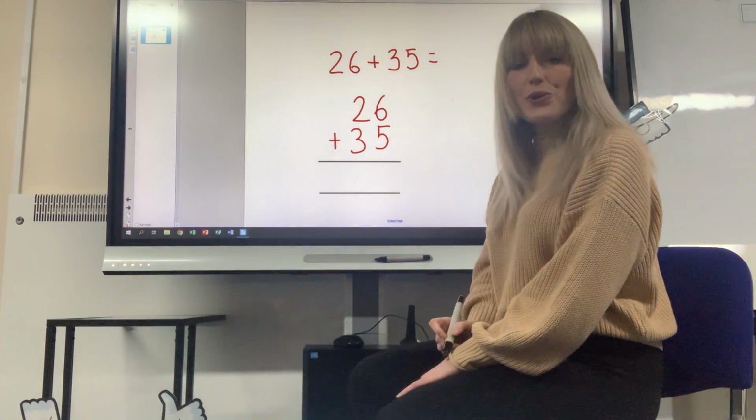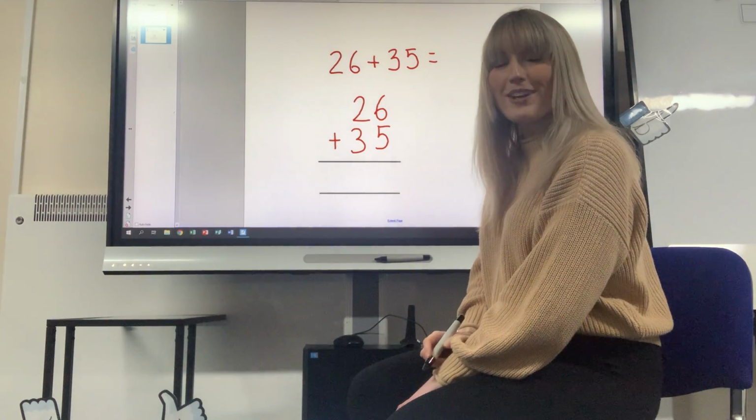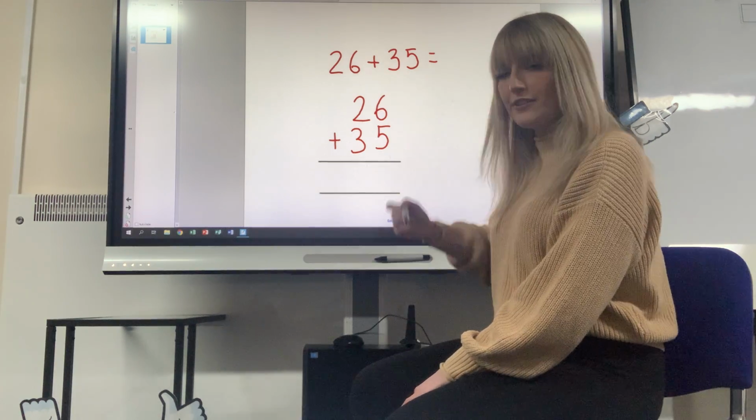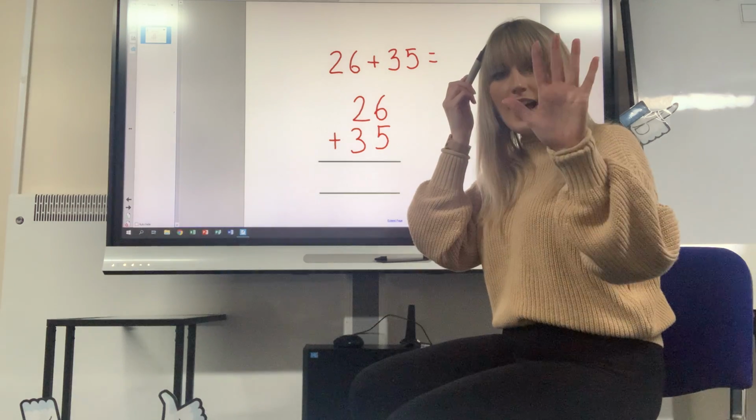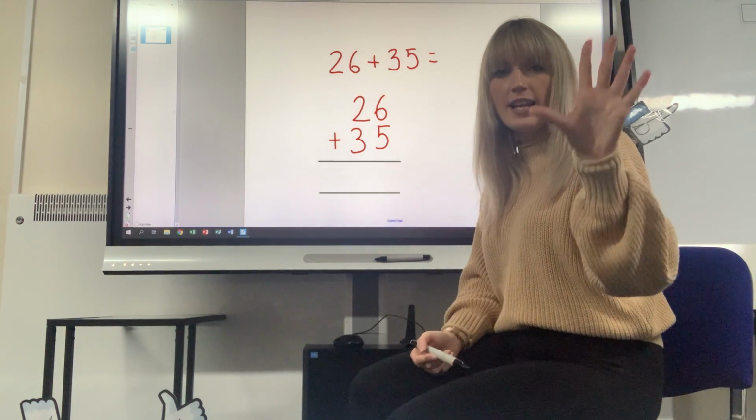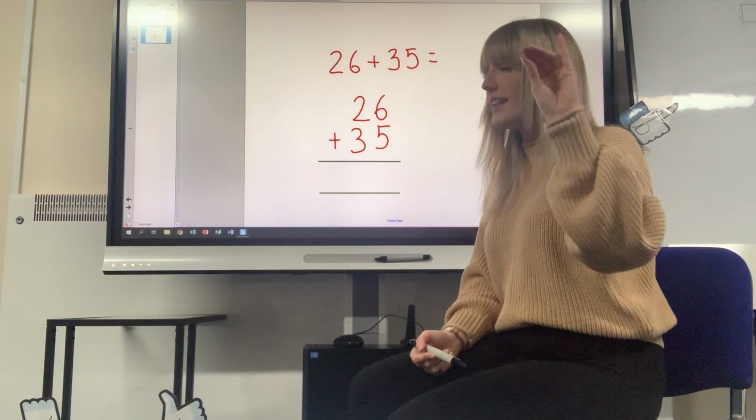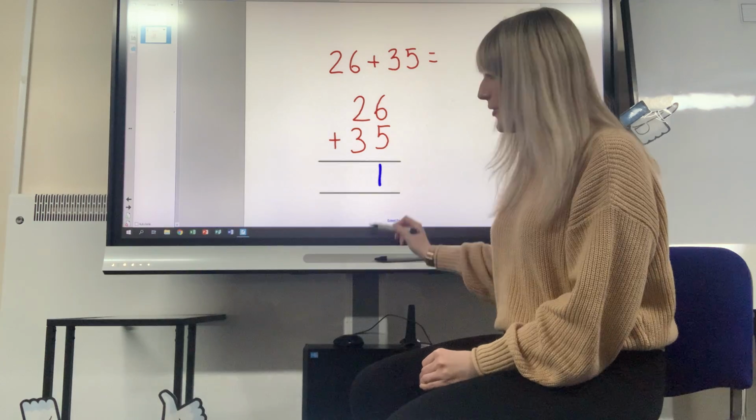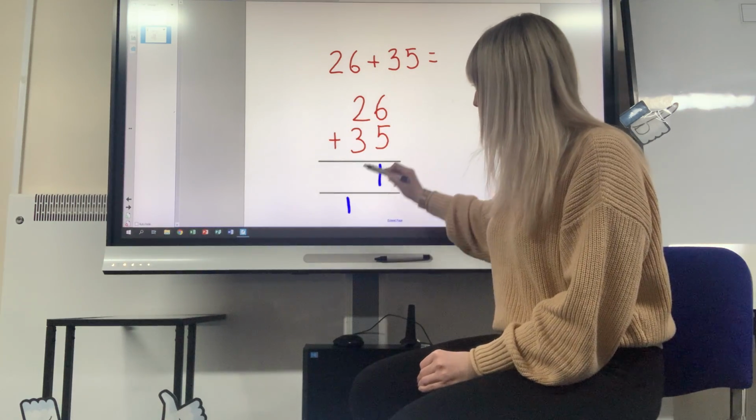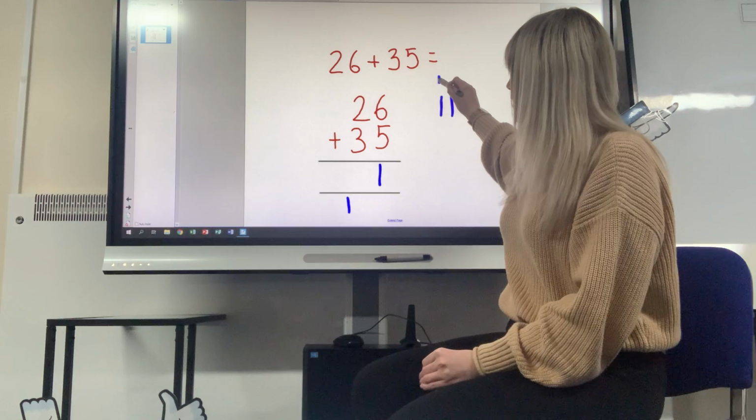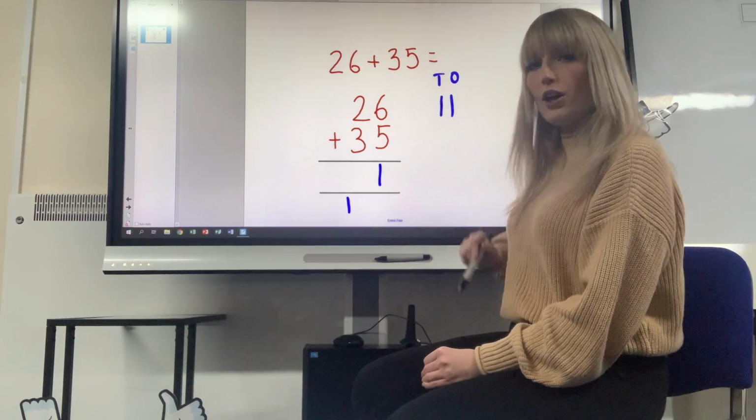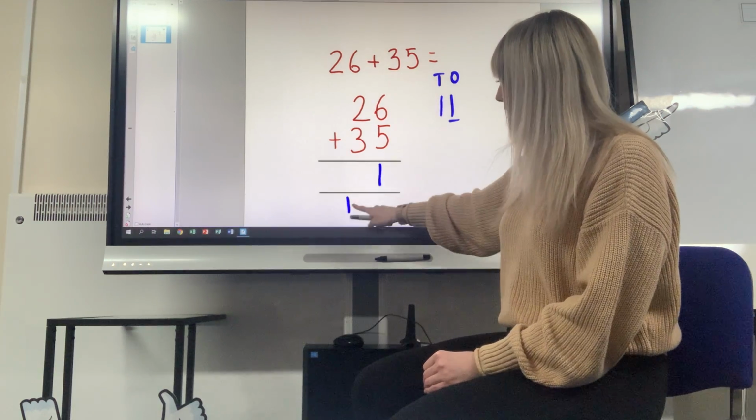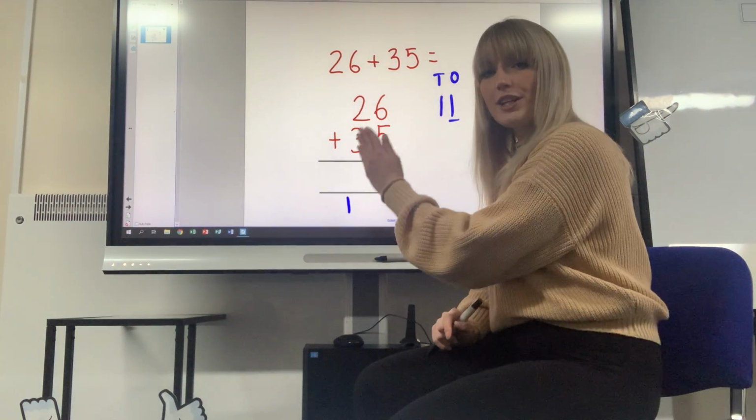Remember, we always start at the ones. So I've got to start at the ones, adding 6 and 5. So I'm going to put 6 in my head and I'm going to count on 5. So 6, 7, 8, 9, 10, 11. Remember, you put the 1 and you're going to carry your 1, because in the number 11, you've got 1 10 and 1 1. So this is my 1 here, and this is my 10 that I am carrying over